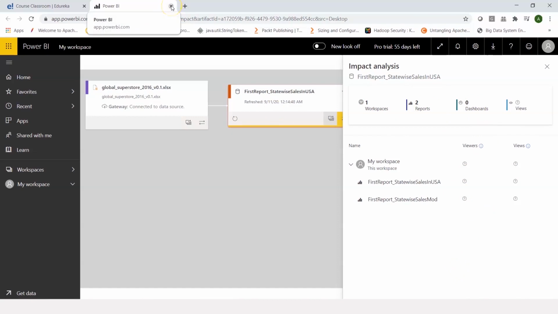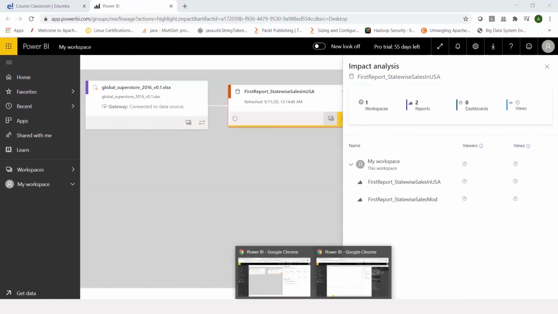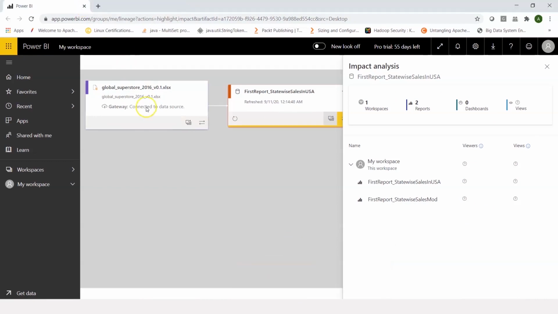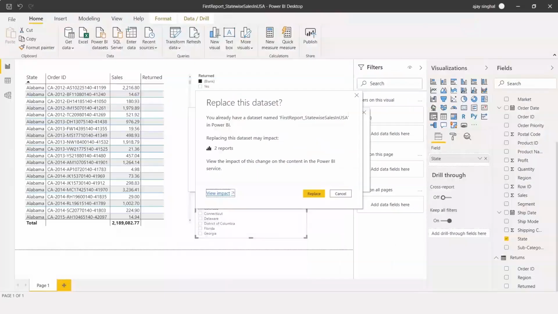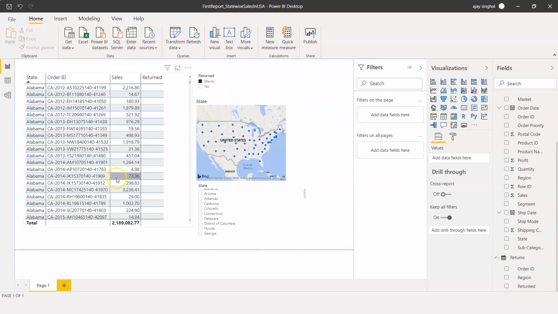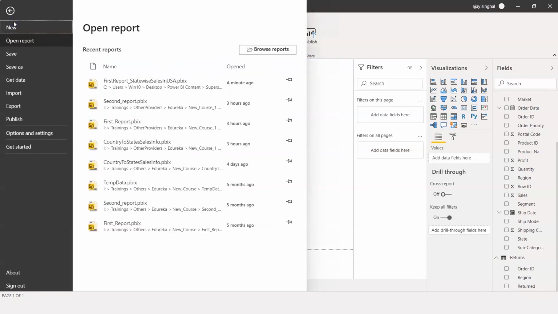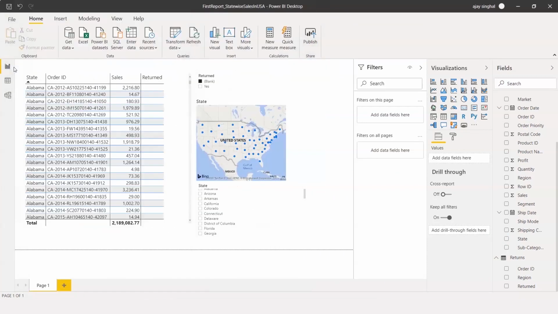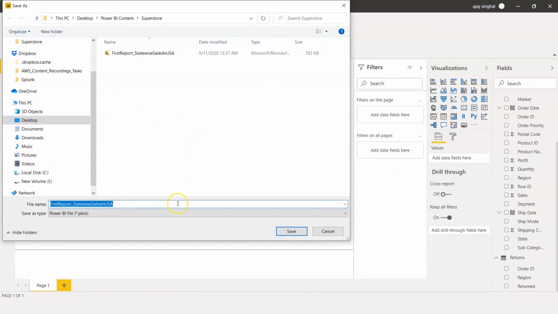So for example, as of now, let's go back to your desktop, and I'll say no, I don't want to replace. So click on cancel. I do not want to publish it. What I can do is try saving it as a different report. So let's say save as, and now I will basically say